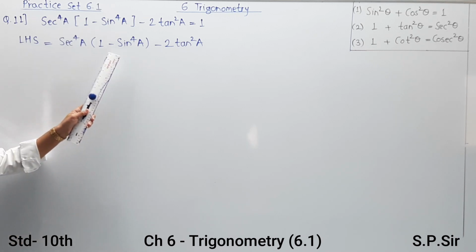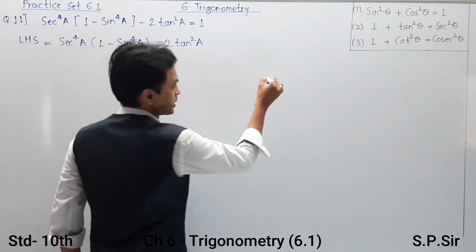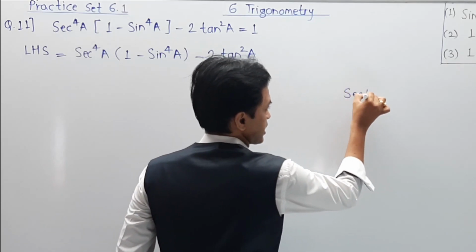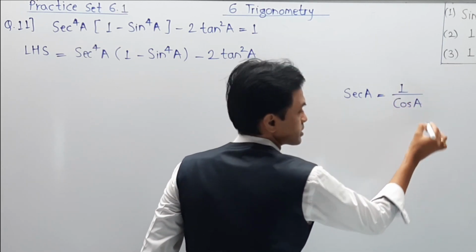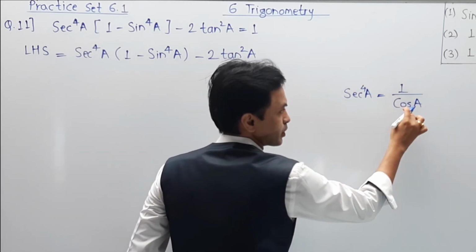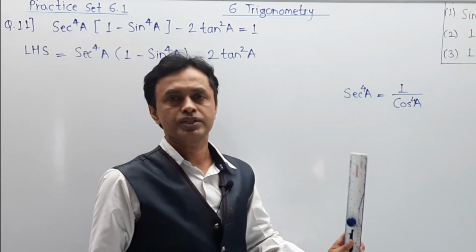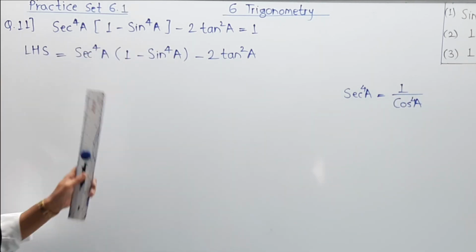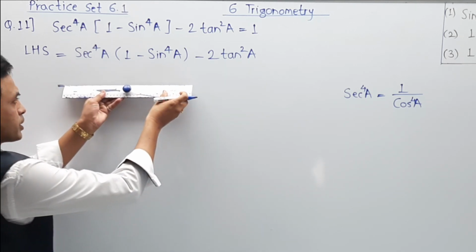First, sec is a reciprocal of cos. Sec is a reciprocal of cos. Means if I have written sec A, I can write it as 1 upon cos A. In a similar manner, if I write sec raised to 4A, I can write it as 1 upon cos raised to 4A. Why? Because 1 raised to 4 is 1 itself. Making that modification over here, the numerical becomes the evaluation part for the first step.